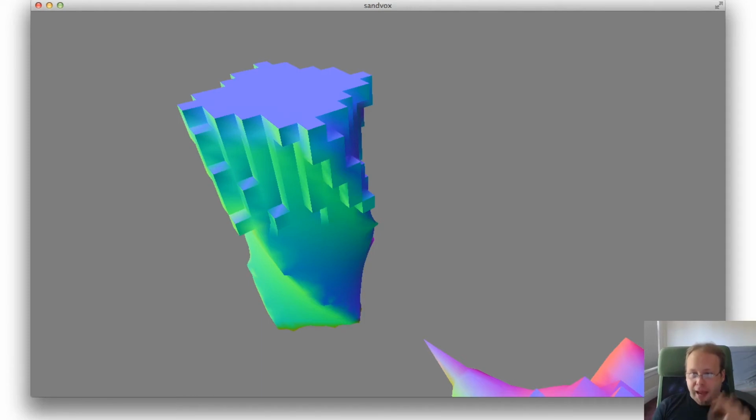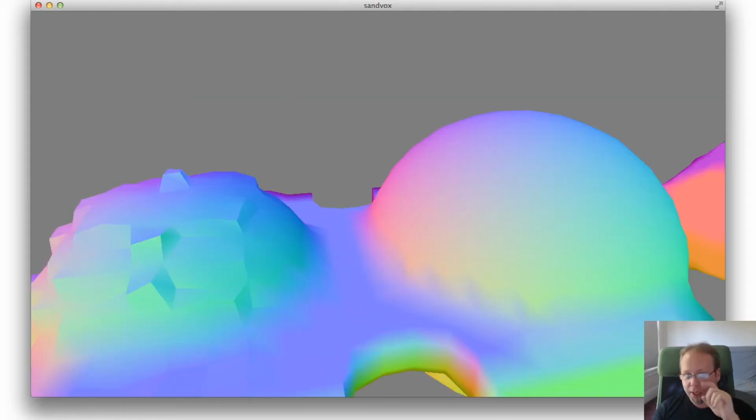But of course, average and just placing the point in the center of the cell are only two options. So here's one more. Here's what happens when you take a pseudo-random offset based on the cell identity, and then apply it to the position and then constrain the resulting position to the cell boundaries, which is not necessarily crucial, but it helps to avoid self-intersections. And this also gives you a nice, different look to the terrain, a nice different shape.